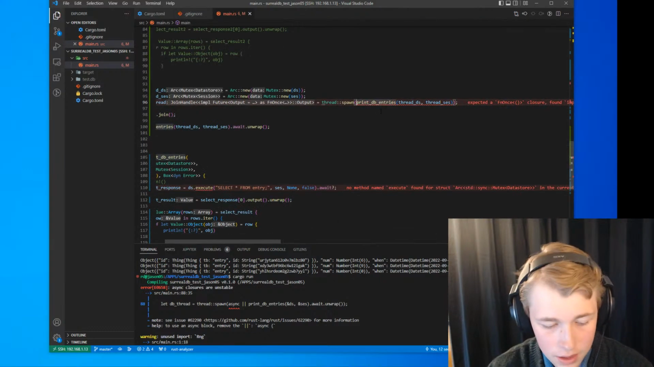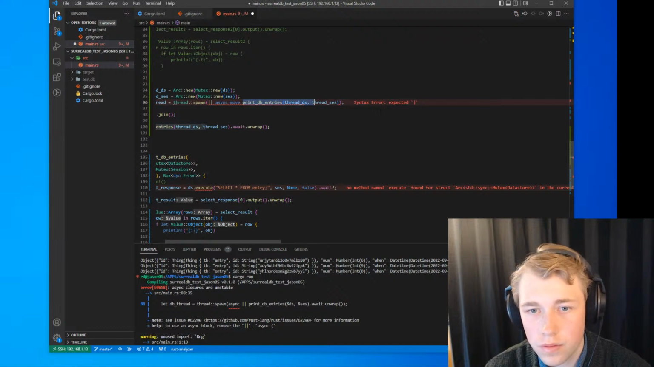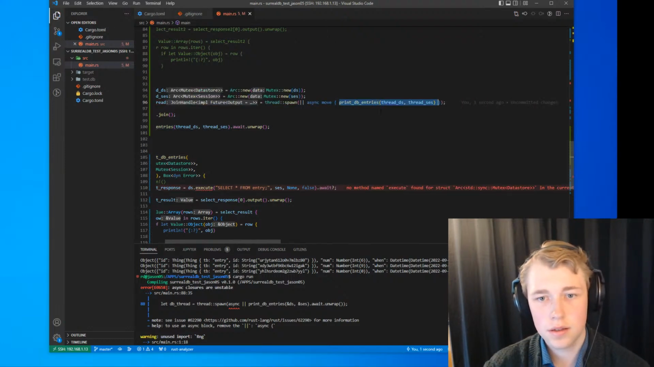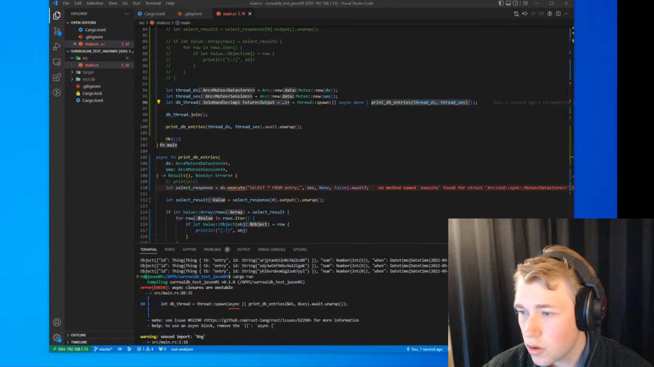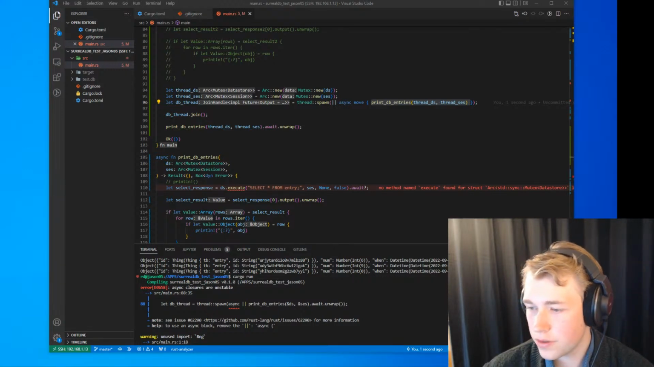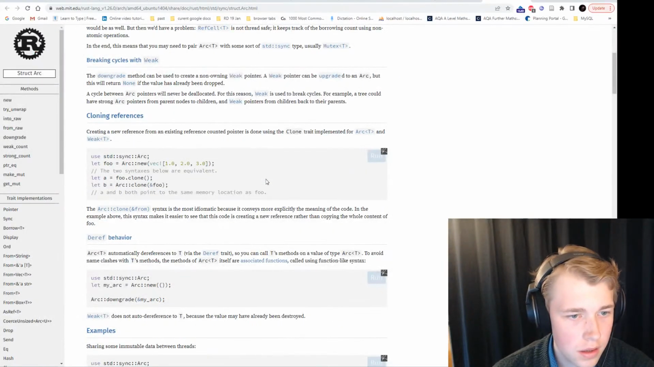And then I would want async move, and then all of this is in braces. Is it happier now? So then now I want to get a reference to the